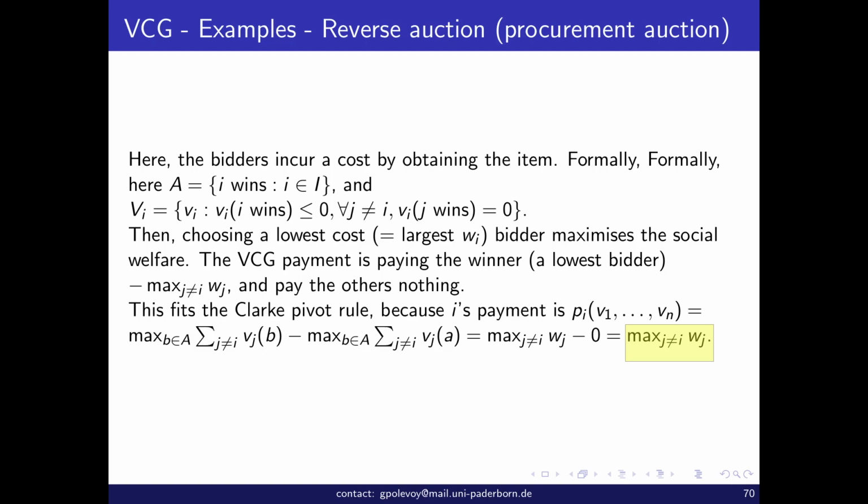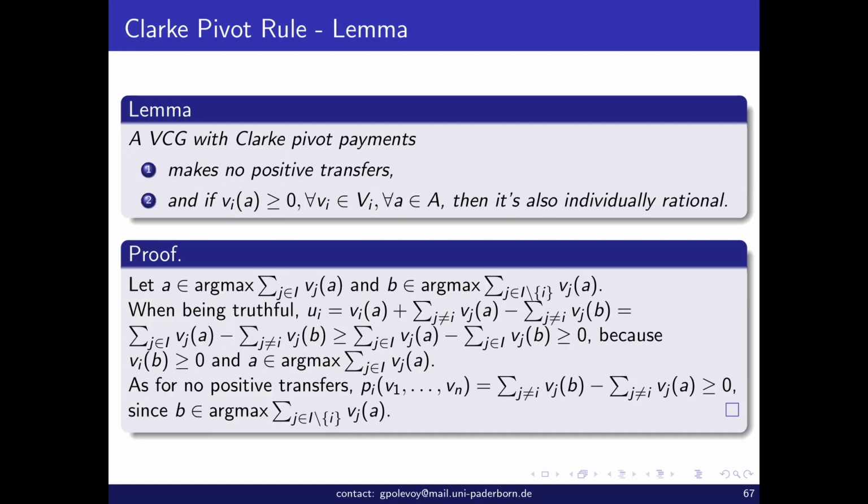That's the second largest. And as we said, paying this thing, which is negative, is basically being paid. The mechanism dictates that we should charge a negative sum. In other words, it dictates that we should compensate the player, and that's reasonable. Pay attention here that we do have negative transfers, but that's reasonable. Here we do have positive transfers, negative payments. You charge them something negative, you transfer something positive. That's reasonable. Why? That's reasonable because